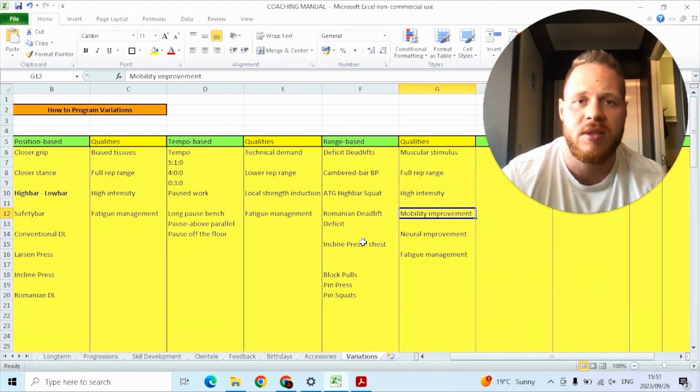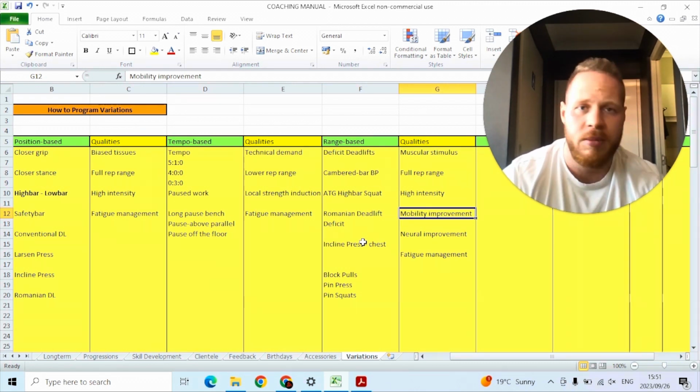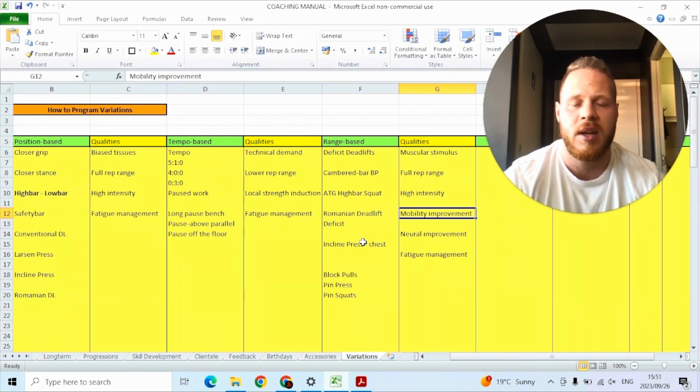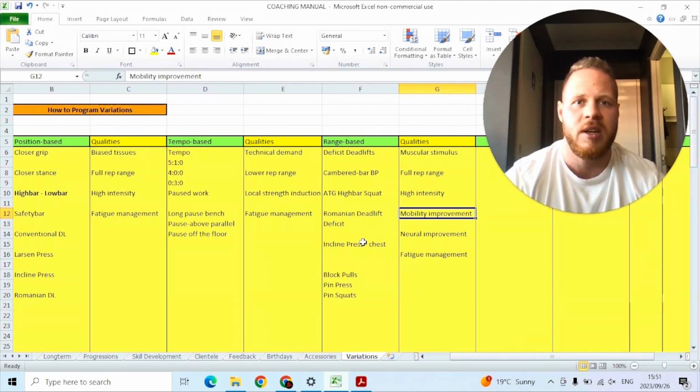So if you're doing stretches for mobility, what are you progressing into? You can't do the same thing over and over and over again and expect to get improvement, okay? You need some sort of progressive overload, and stretching is the same thing. So if we think about mobility, what are we actually doing? Yes, we can start off with normal hamstring stretches by reaching for our toes, but eventually we need to put